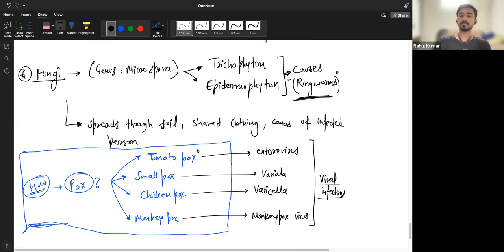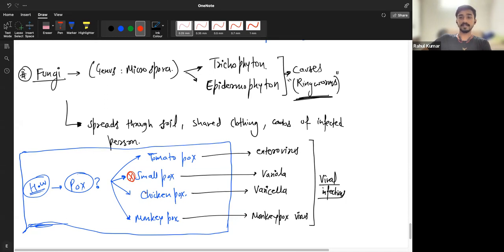So how to prevent this? Basically all of them start with rashes or small poxes on the body. The severity differs in all. When the infection happens, there is fever. In smallpox, there is very severe fever and body pain along with it. And the most deadly among all is smallpox.